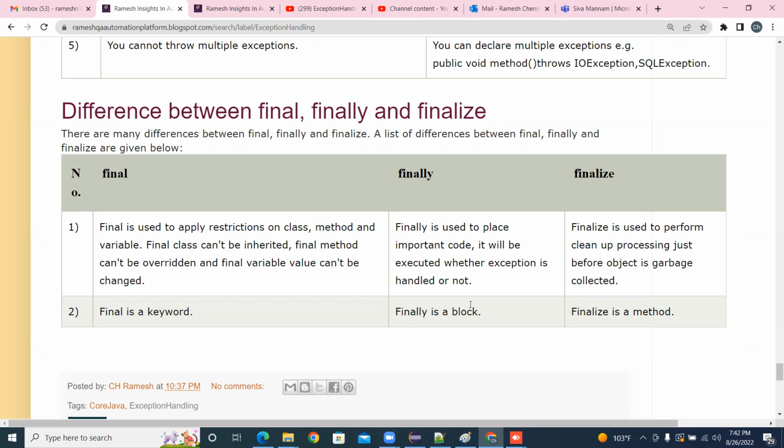Finally is a block. Finalize is a method in the Object class. Finalize is used to perform cleanup processing just before the object is garbage collected. Okay, so that's all the difference between final, finally, and finalize. So that's the theory part. So let's move on to